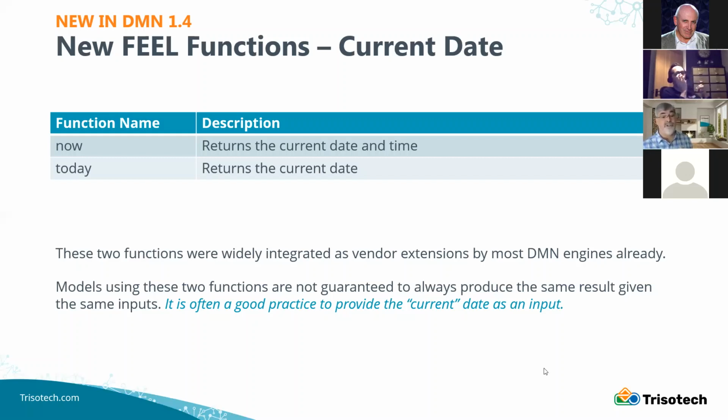And then we suggested clearly in the spec that a good practice for this is to provide the current date as an input. If you want to make sure that you maintain that execution of that decision, given the same input, give you the same output, then a good practice is to put your current date as an input. Now, it may not be important to you, and therefore you may use these functions. Certainly, our users make big use of this, and I know the users of all the different vendors also make big use of these functions, so we decided to standardize